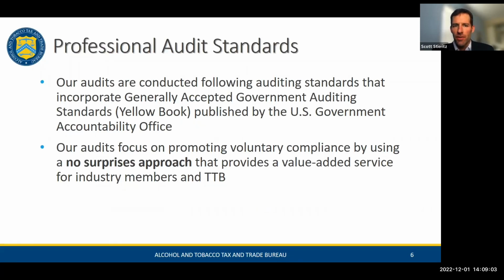Okay, now that you have a sense of our structure, we will now talk about our audit standards and how we conduct an audit. We conduct our audits in accordance with specific standards. These standards ensure our audits are high quality and that we operate in a way that we are independent, objective, and competent. We must actually meet continuing education requirements as auditors, and we use professional judgment, to name a few. These standards are called the Generally Accepted Government Auditing Standards, commonly referred to as the Yellow Book. The Yellow Book is published by the Government Accountability Office, or the GAO.